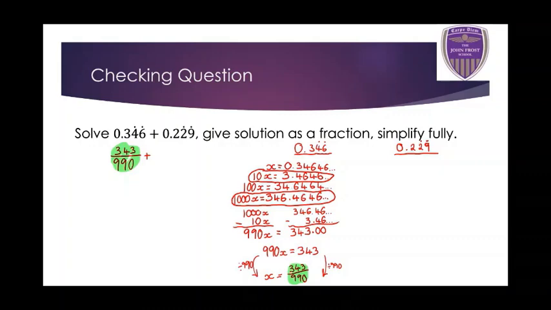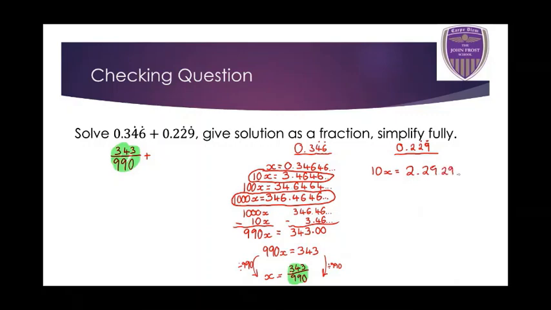Now, actually, we can use a bit of a shortcut because there's the same number of recurring decimals in 0.346 and 0.229. Okay, so I don't need to test them all out again. I'm fairly confident that if I use 10x,